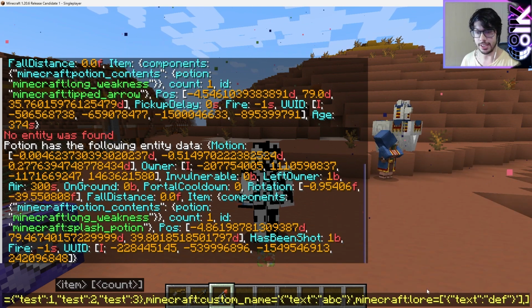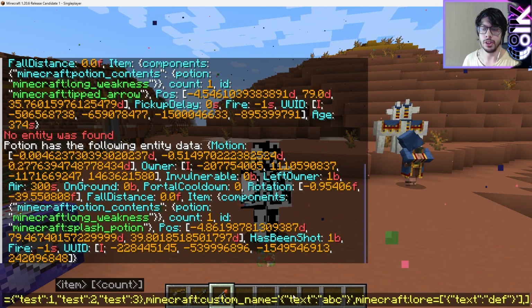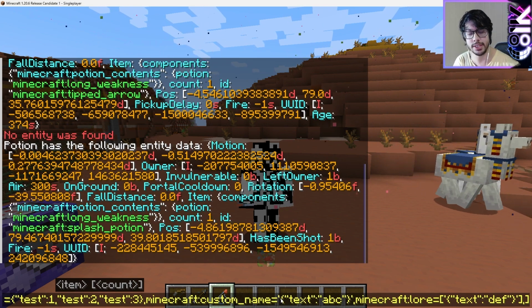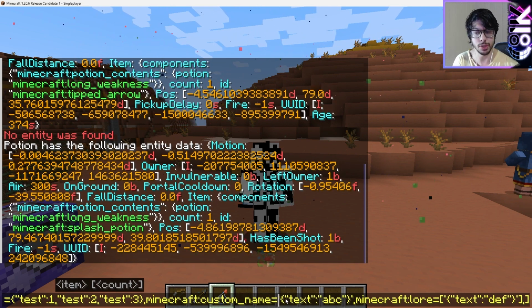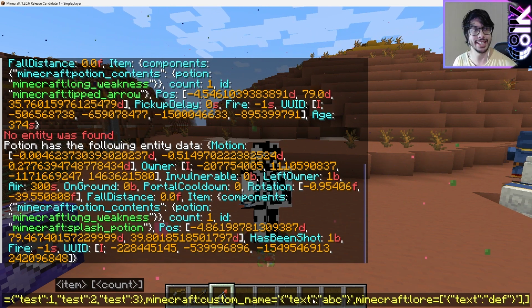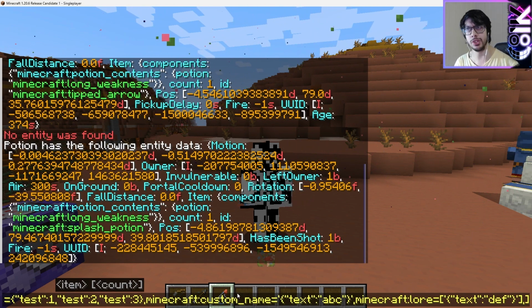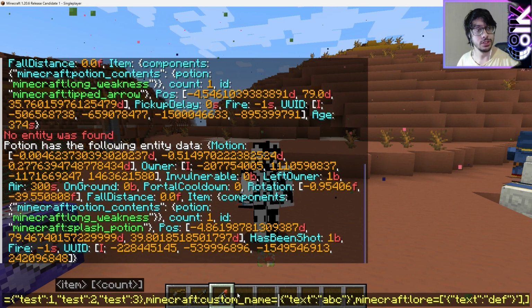All of the syntax is quite easy to understand. It's very reminiscent of what it once was, without the plethora of brackets and separation, for instance. So with custom name, you don't need the extra brackets or the quotation marks because it goes into that display parameter. It's now completely separate. So for instance, law and custom name now are their own separate components rather than being grouped under display,